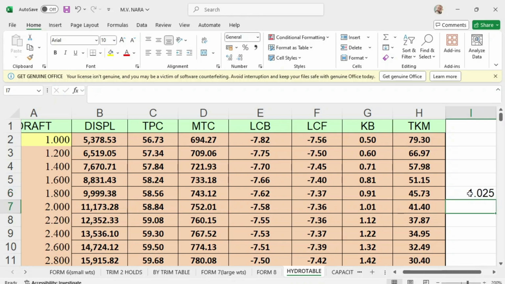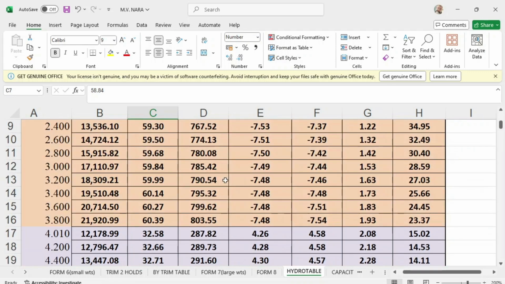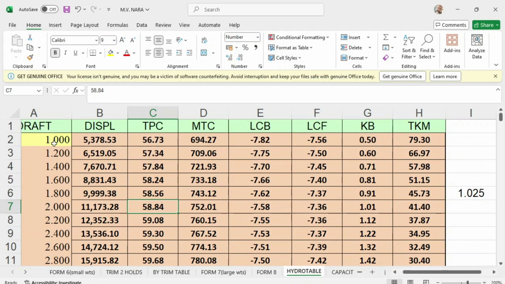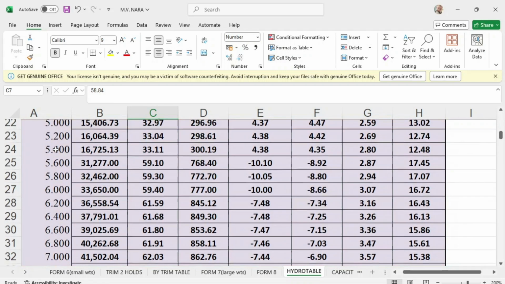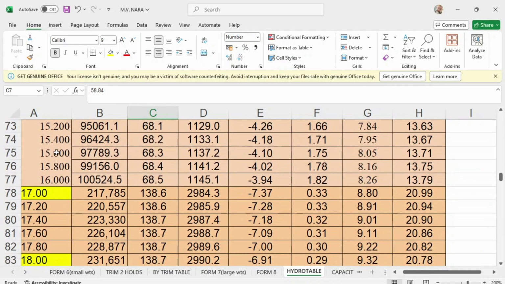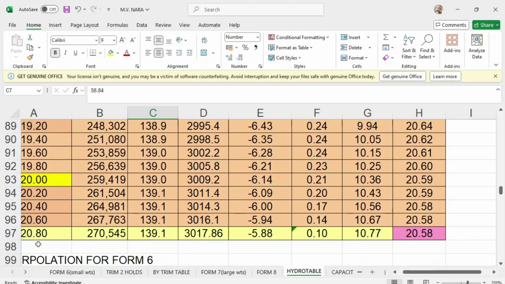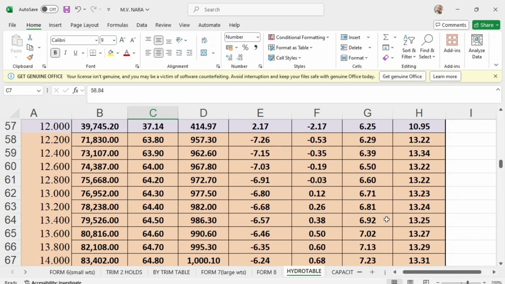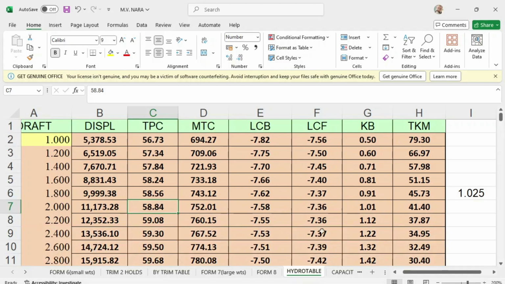Let's say from draft 1 meter up to the maximum draft of 20.80, all these values here are computed by the density of 1.025. Okay, I hope that's clear.